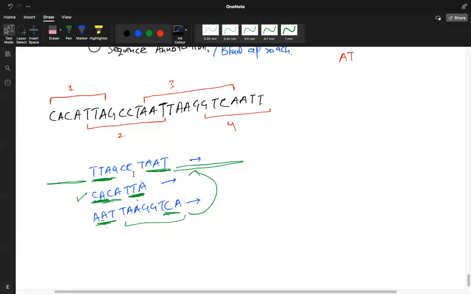Because sometimes while sequencing, the machine can just have an error. Maybe it read A as T. If I just did it once, maybe I will end up having a wrong sequence. But if I did it 10 times and 9 out of 10 times it read T, and just one time it is reading as A,